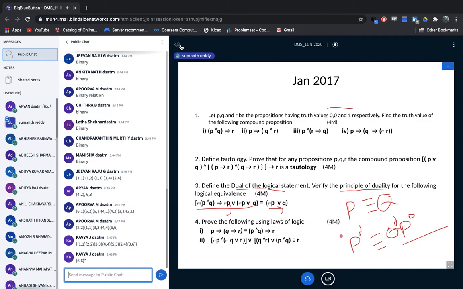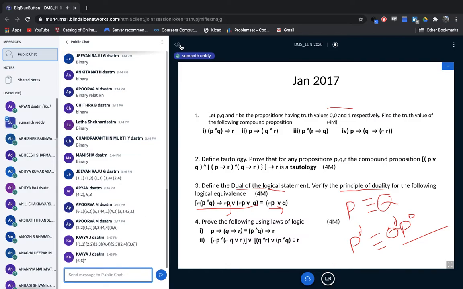See, actually in a single question paper, based on the laws of logic, he has asked two questions. Each question will carry four marks. In the 2017 question paper, out of the topics that we have discussed in module 1, he has asked 4 questions. I have seen that question paper; totally there were 8 questions. Out of the 8 questions, we are already able to solve 4. So don't worry much about these laws of logic problems, because we still need to practice more problems. I'm just giving you some idea how the questions will appear in the exam.